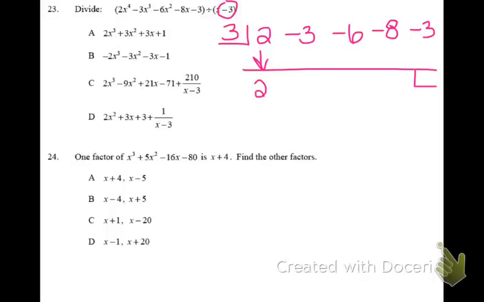2 times 3 is 6. Combine, so that gives you 3. 3 times 3 is 9. Combine gives you 3. 3 times 3 is 9. Combine, that gives you 1. 1 times 3 is 3, and this one doesn't end up with a remainder. So we started with an x to the 4th, which means this is an x cubed. So this is 2x cubed plus 3x squared